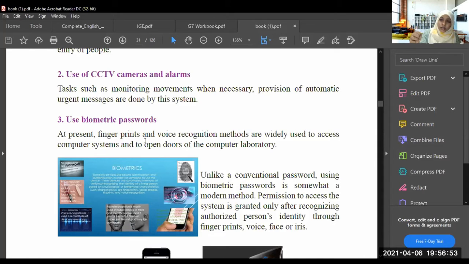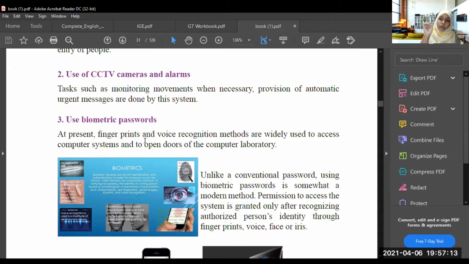Fingerprint is you swipe your finger on the machine and then the door will be open. You swipe your finger on the phone, then your phone will be unlocked. You swipe your finger on the laptop, then your laptop will be unlocked. These are biometric passwords.